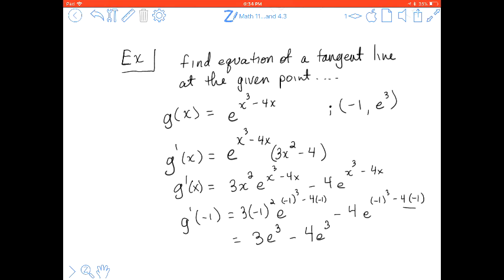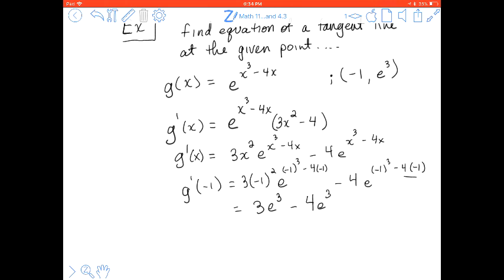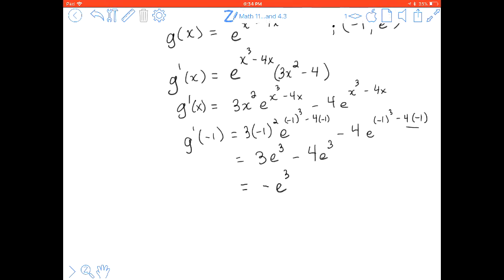So -1 plus 4 is 3, so we've got 3e cubed minus 4e cubed, so that's -e cubed. So the slope of the tangent line is negative e to the third power. That's our slope. Now it wants the equation of a tangent line